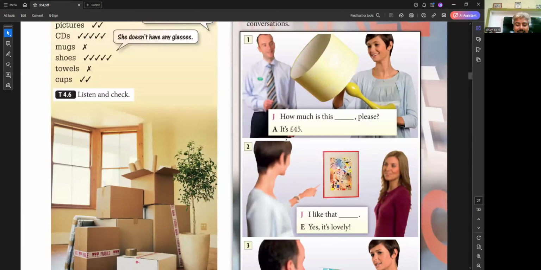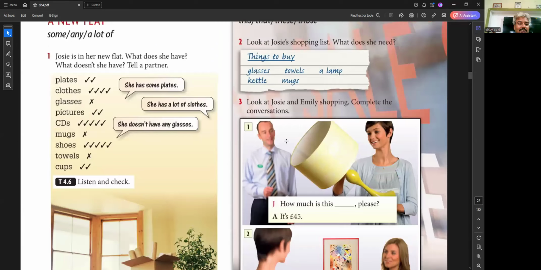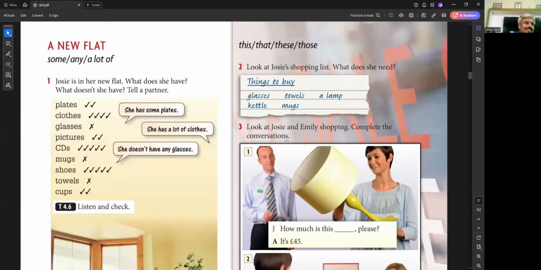So this girl, Josie, oh, it's 5 o'clock. She goes shopping. She goes. Now if there's no stuff, will she go shopping? Okay. Do you think she will go alone? No. Do you think she will go alone? No, she will not go alone. She won't. She will go with her friend. Who? Emily, right. They will go shopping together.